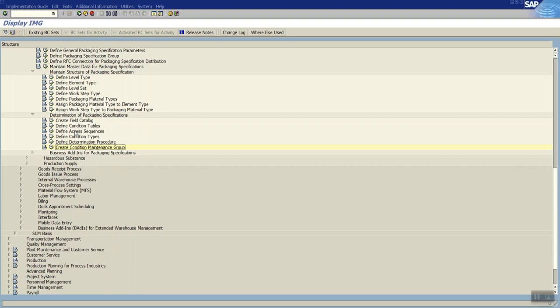So if we are working with distributed systems, like if we have multiple systems and you don't want to define separate packaging specifications, and there is a requirement to use the same packaging specifications in multiple distributed systems, we can use this IPPE procedure, and from there the packaging specifications can be read, or we can leverage the same packaging specifications across all the distributed systems. So that is one good feature that we have with respect to packaging specifications in EWM.